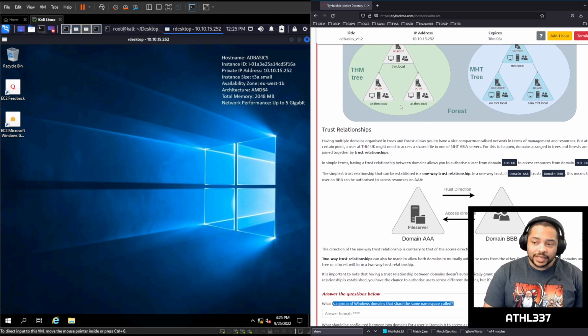Now we have trust relationships. Having multiple domains organized in trees and forests allows you to have a nicely compartmentalized network in terms of management and resources, but at a certain point, a user in THM UK might need to access a shared file in one of the MHT Asia servers. For this to happen, domains arranged in trees and forests are joined together by trust relationships. In simple terms, having a trust relationship between domains allows you to authorize